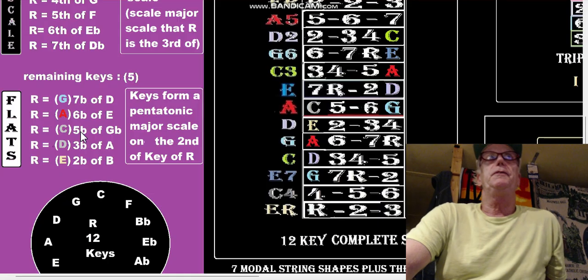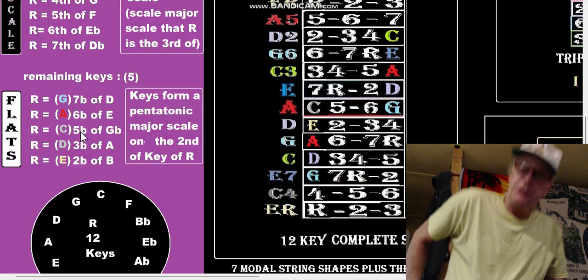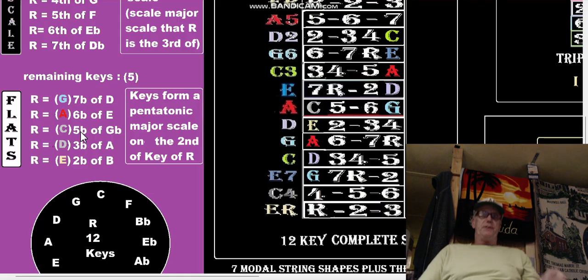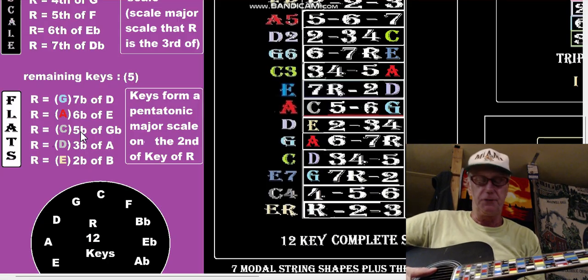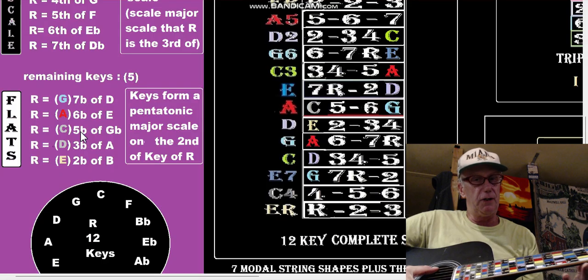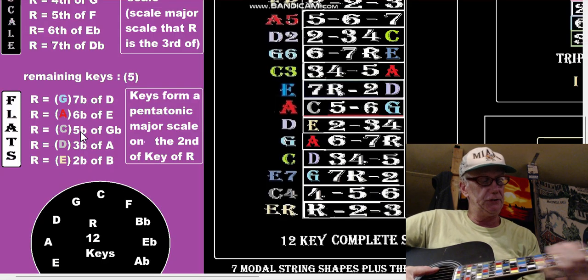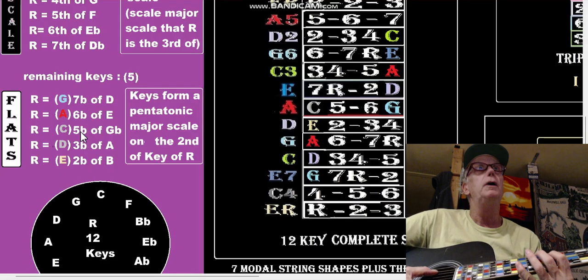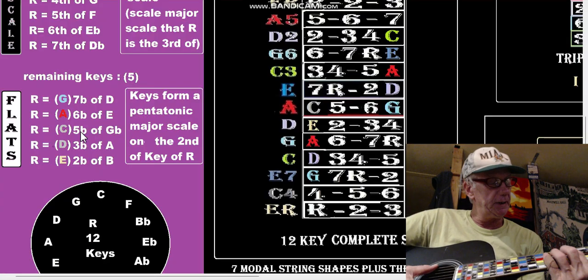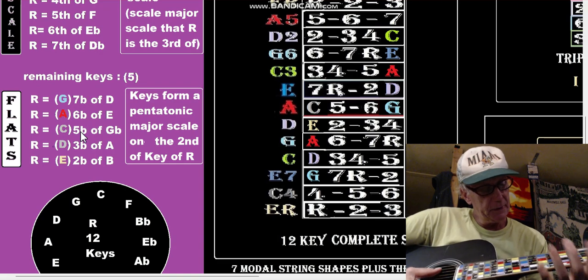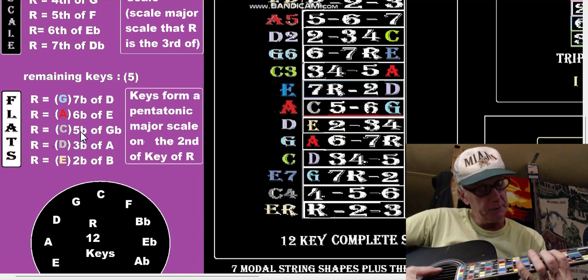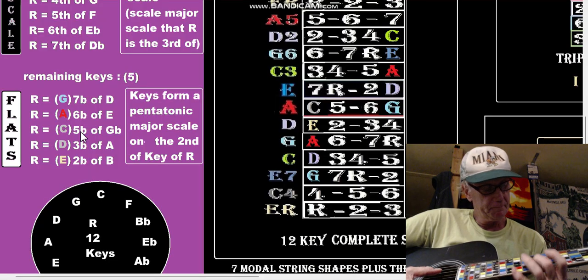So if it's 5 flat of G flat, then a C sharp would be the 5th of G flat. So you just play the 5th string shape from that C sharp. So the key of G flat would be this. The 5th string shape from here would be,